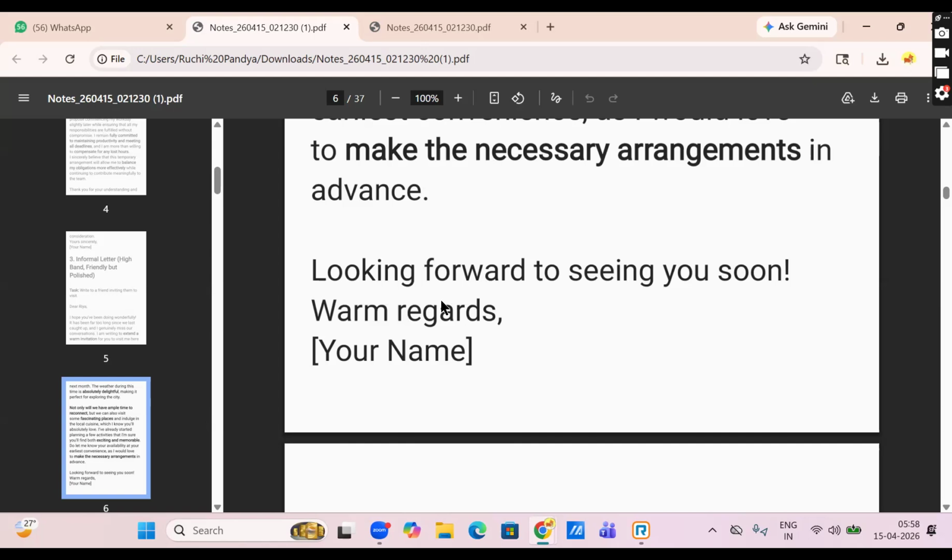The tone of the letters changed for every letter. For the formal letter, the way we started was, I'm writing to express my profoundest satisfaction. For the semi-formal letter, that starting got converted to I hope this message finds you well, which is kind of not fully formal. And for the friend, it was like how we talk with a friend: I hope you have been doing wonderfully, or I hope you have been doing well.